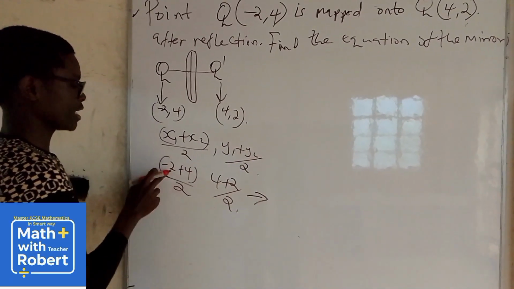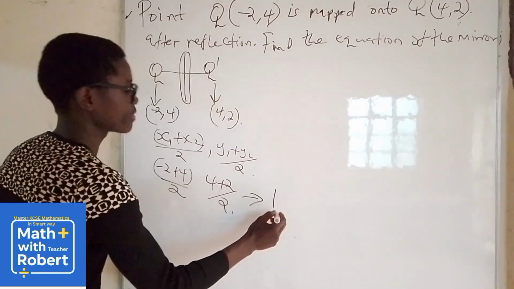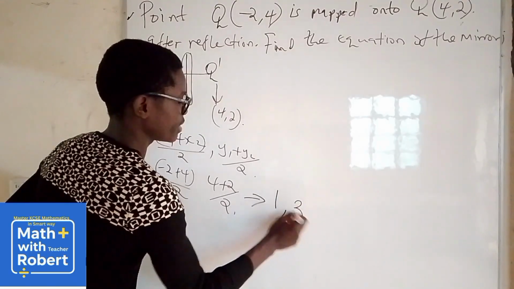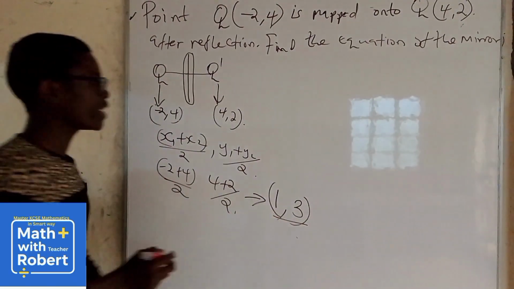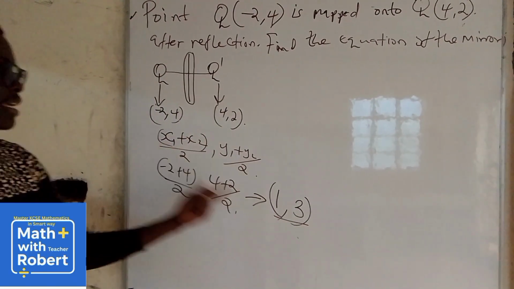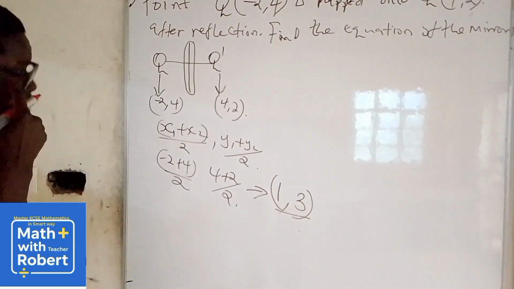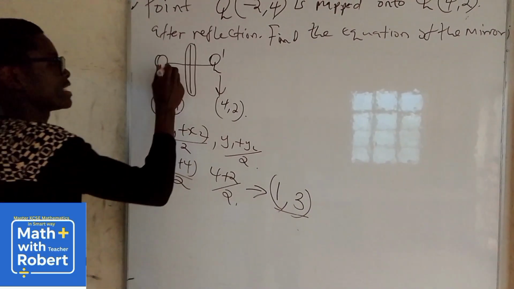This one is 4 minus 2, that is 2, divided by 2 is 1. Then 4 plus 2, that is 6, divided by 2 is 3. So this is the point where the mirror line passes. It passes through 1, 3. Then we need to get the gradient of